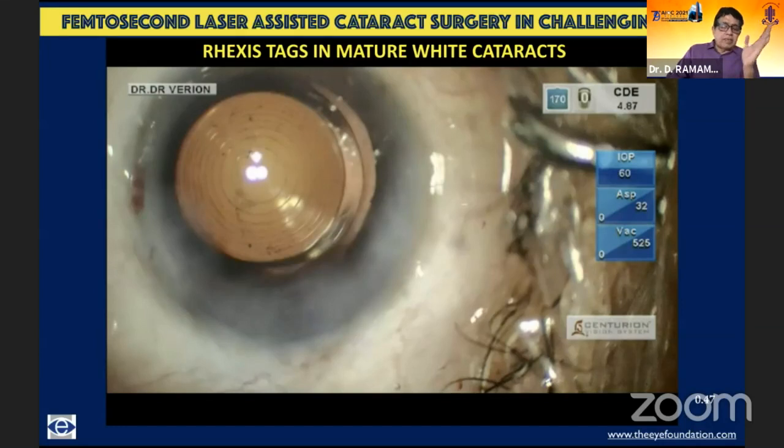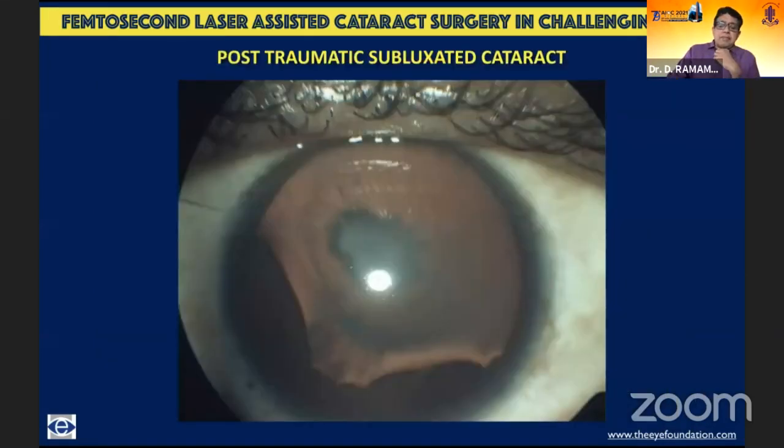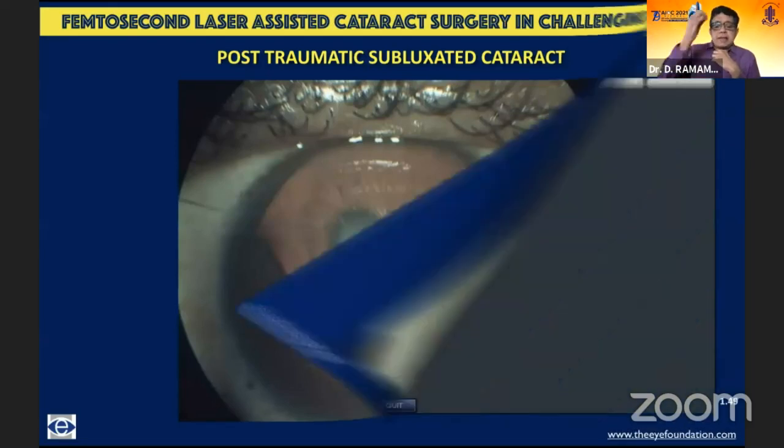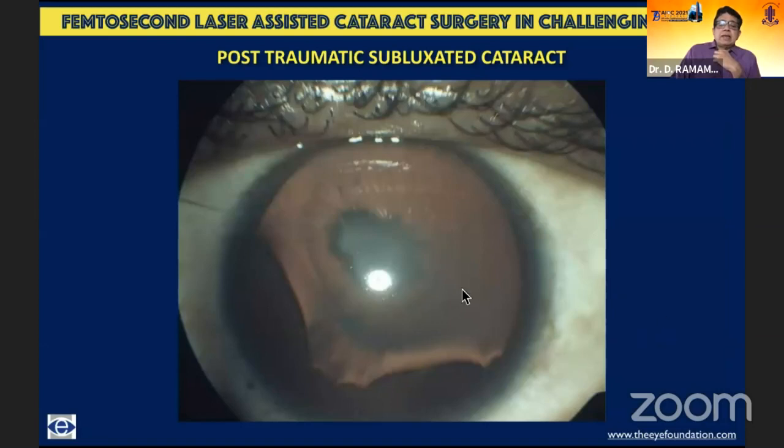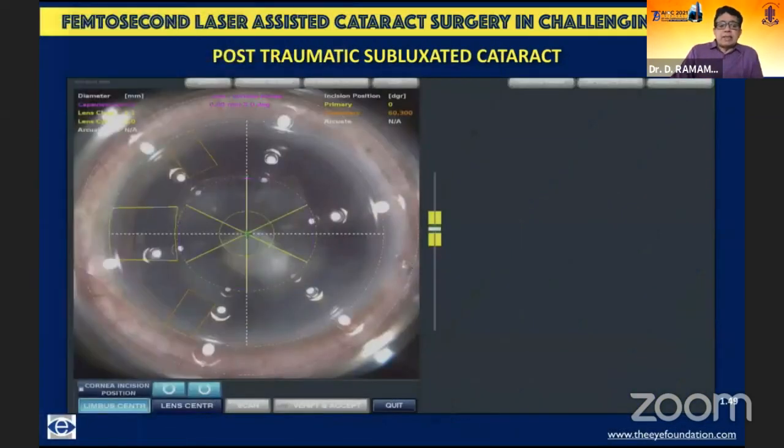But on the other hand, if it's a hard brown cataract, irrespective of the degree of hardness, it always has an impact. What about subluxated cataracts like this? What you see over here is a 20-year-old cataract. The patient had an injury at the age of 10 and presented to us at 30. There's a significant opacity, no zonules here, just a few fragments of zonules here. And how are we going to deal with this particular case?